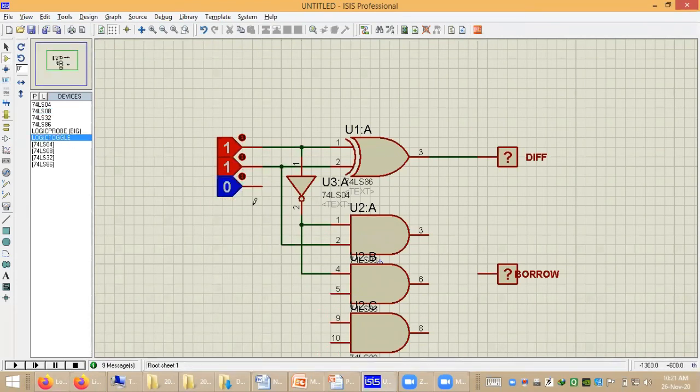Then A bar B is taken, A bar C should also be taken.